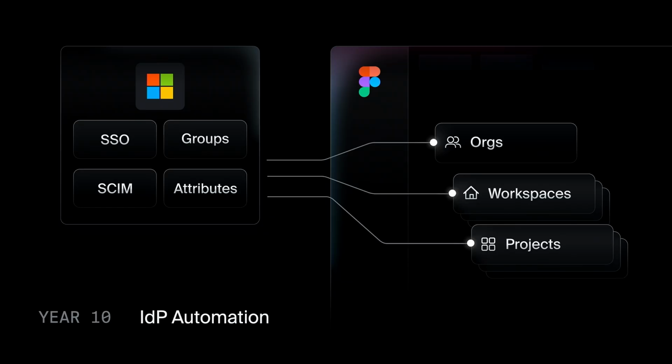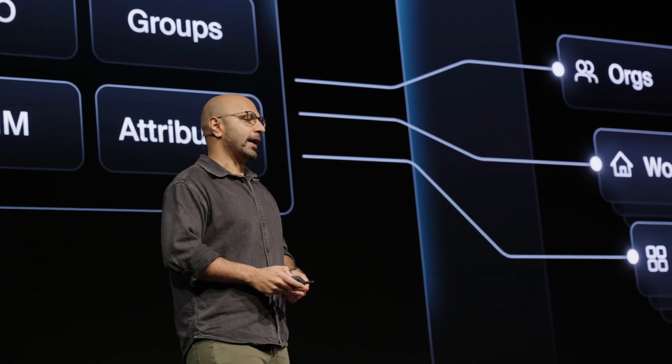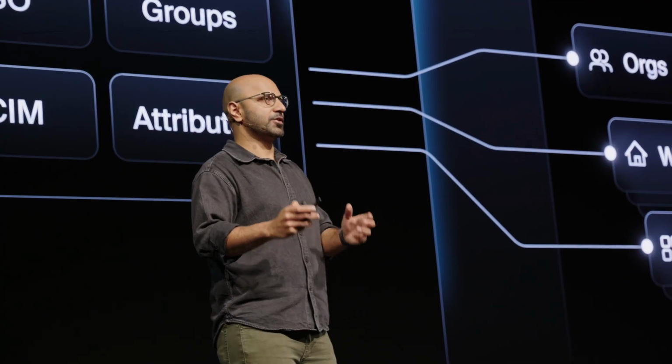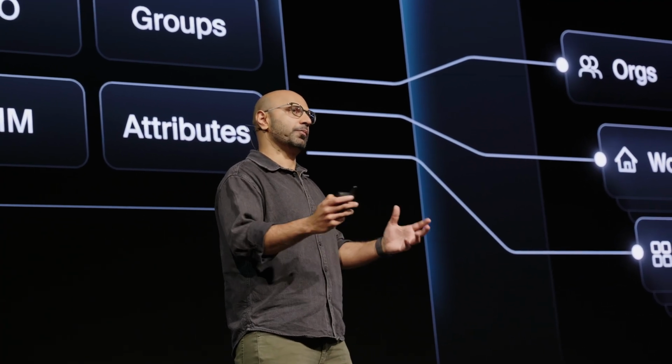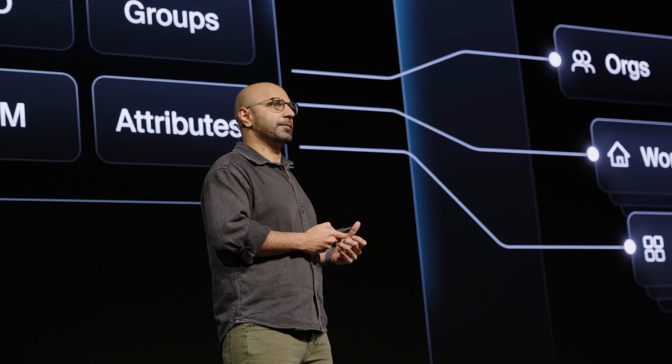Now, I think we talked a bit about IDP automation a few slides ago. But now, once you introduce new, deeper nested resources like workspace and project, you'll start seeing customer requests who want to not only automate your organization-wide roles, but they also want to reach into your nested resources and automate that. For example, there might be a super confidential project, and the IT admin wants to ensure there's one specific person who's the admin, and there's a secret group of people who have to be the members of that project. So they really want to control that through IDP.